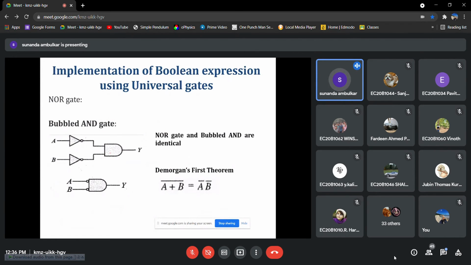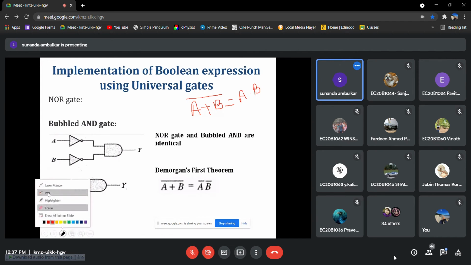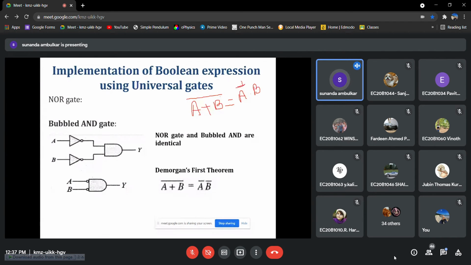We know what the NOR operation is. The NOR operation is the complement of the sum. Okay, so the complement of the sum is the NOR operation, and according to De Morgan's theorem, the complement of the sum is equivalent to the product of the complements, each complemented with a dash or bar. So the product of the complements is equal to the complement of the sum.